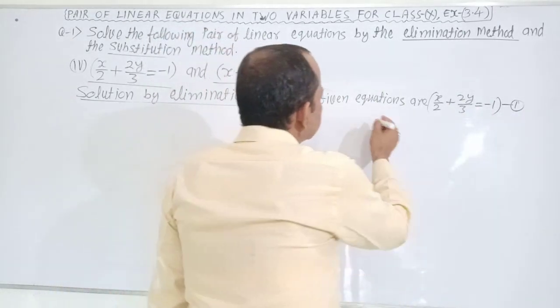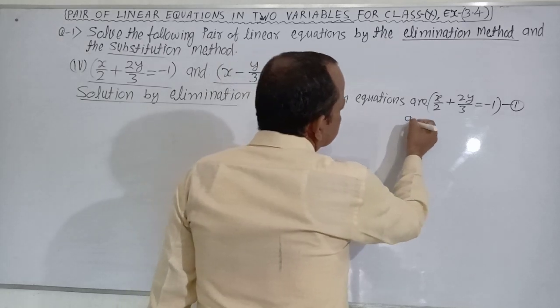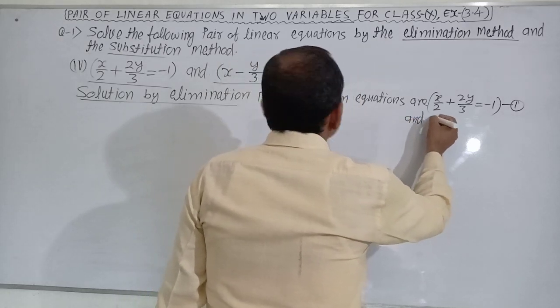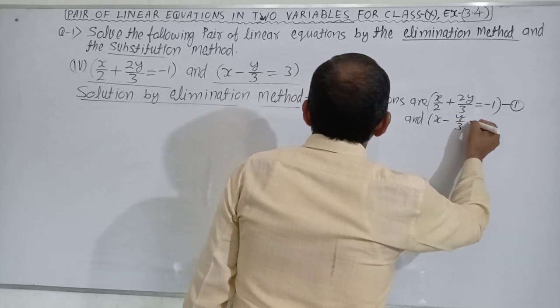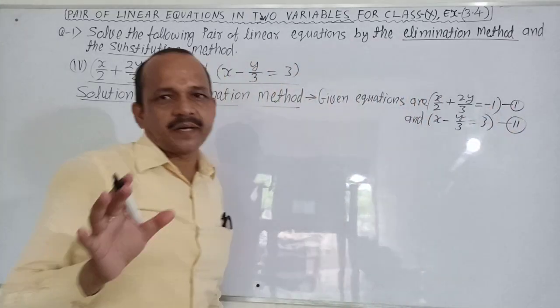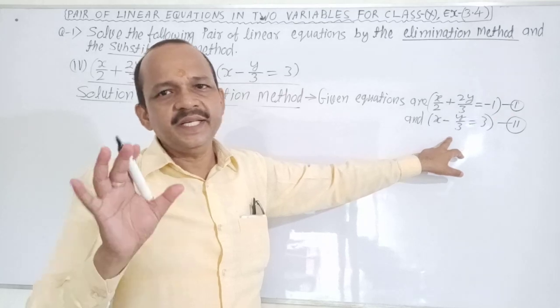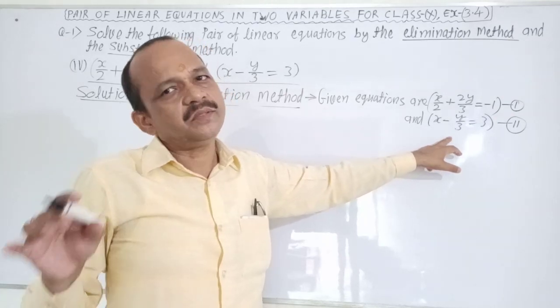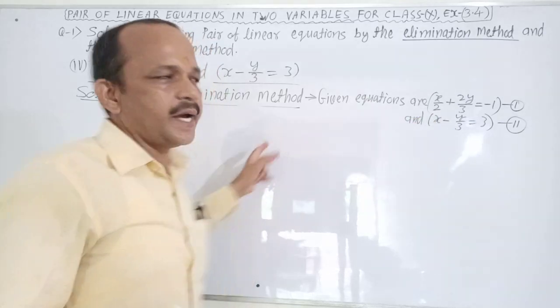Clear? And x minus y by 3 equal to 3. It is the second equation. It is the first equation and it is the second equation. Clear? No confusion about it. Very good. You can write the first equation and second equation as